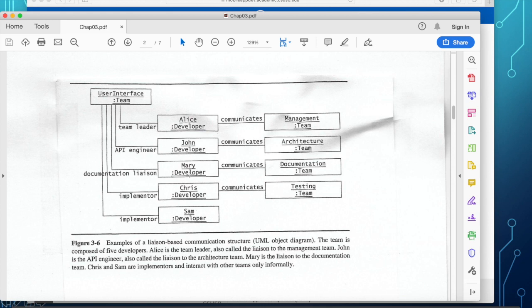All right. Mary is a developer too, but her task is document liaison. Now, documentation has been kind of frowned upon by software developers because it may not involve software coding. But documentation is one of the most important parts of a software project to maintain the software long after it has been developed.